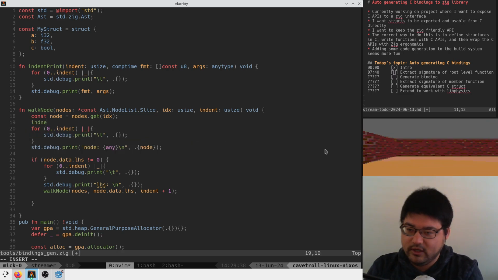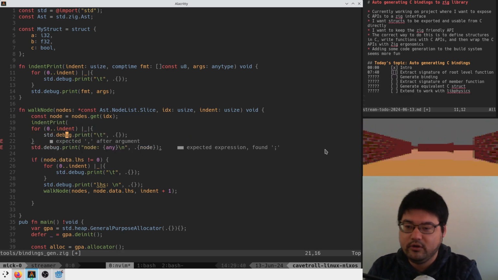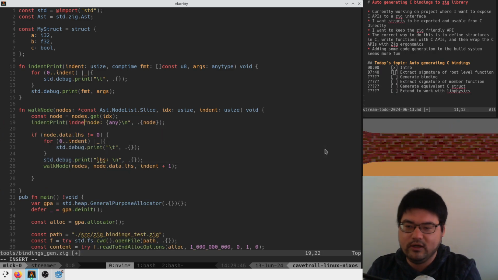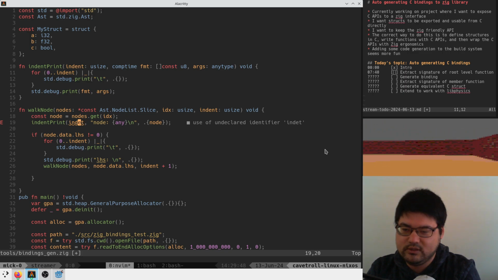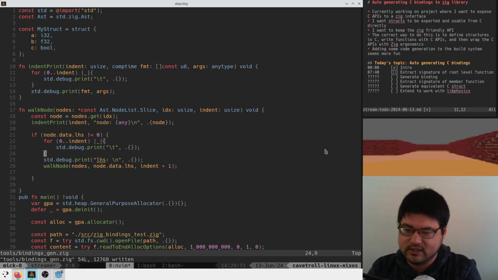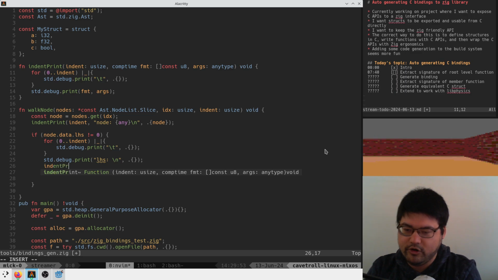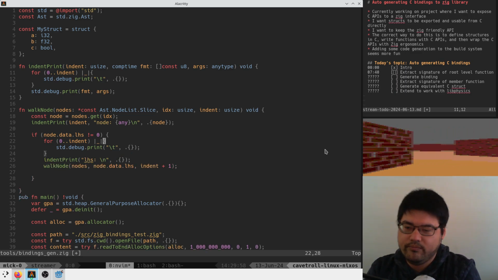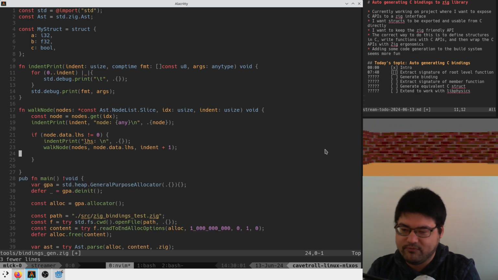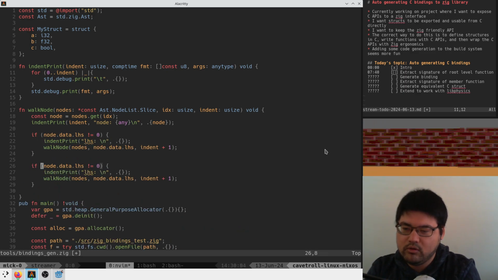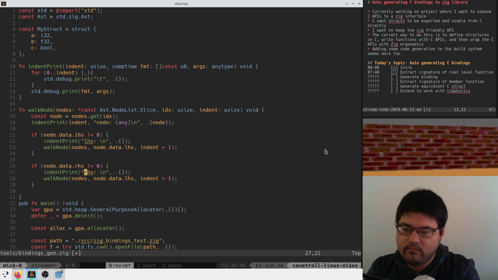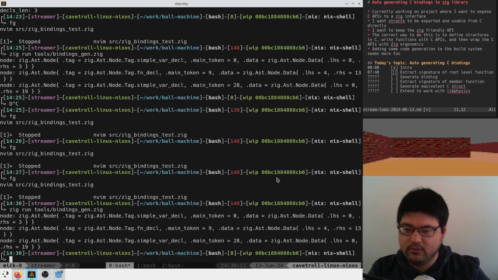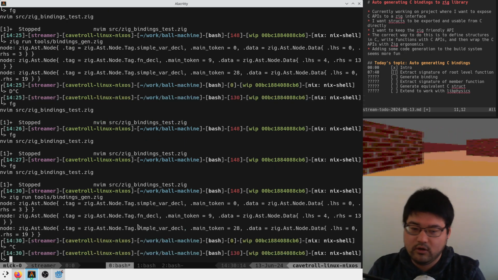And then here we can do like indent print. I guess we just replace this with this indent print with indent here, indent, and then this is again indent print LHS this. And we do the same for the right-hand side, I guess. Okay. Let's just see what this does. It might do something stupid, but... Yeah,